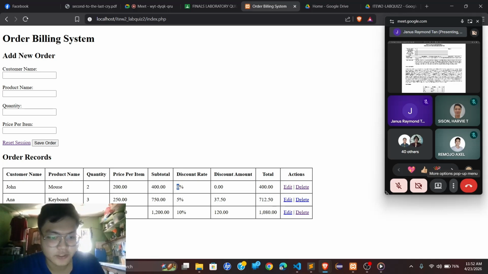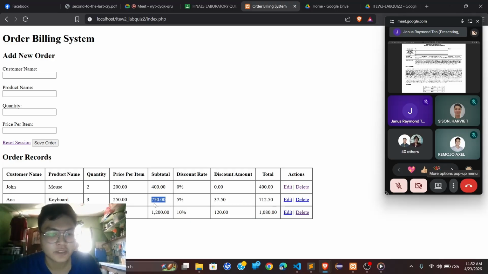And then for the discount rate, he has 0%. So the discount rate is determined by the subtotal. So if the subtotal is equal to 1,000 or greater than 1,000, the order will receive 10% discount rate.